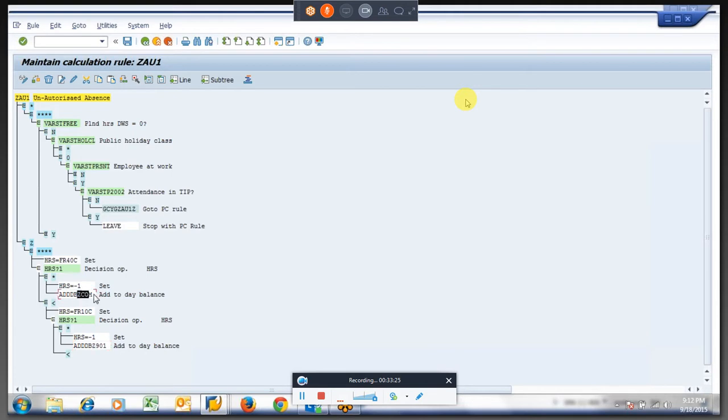For the compensatory quota which we created, the day balance we have given as ZCOM over here, and for this quota we have given Z901. So I am subtracting from this time tag, which means we are reducing a day from his quota if the quota is available.